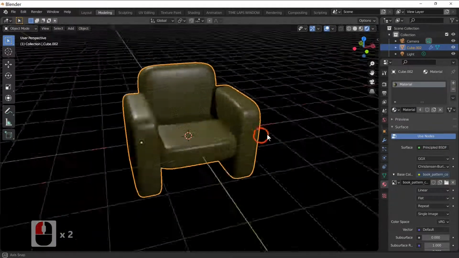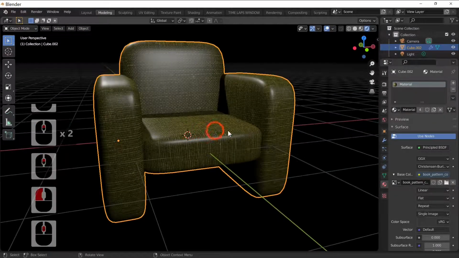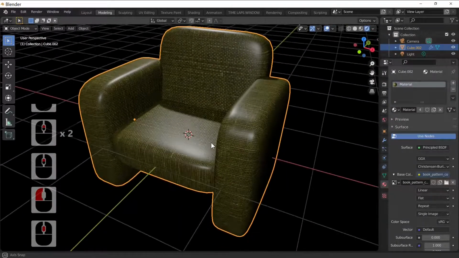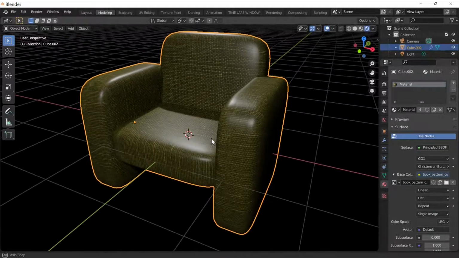As you can see, we've now got a shiny chair, but that looks pretty naff. I think you'll agree that looks like it's made out of rubber or plastic or something really cheap and nasty,